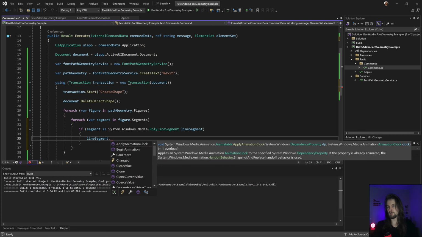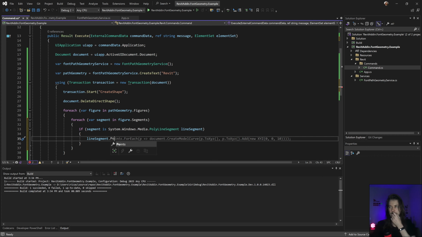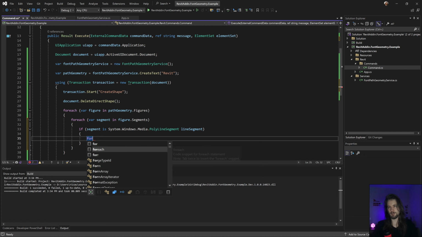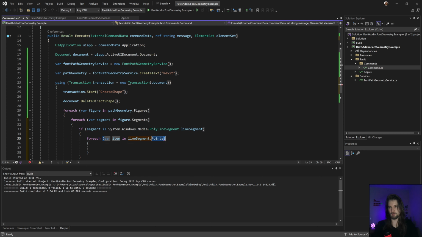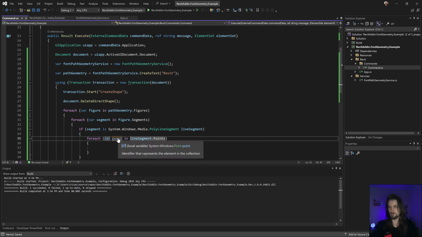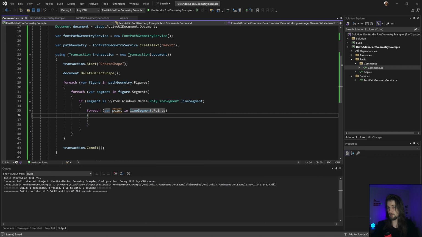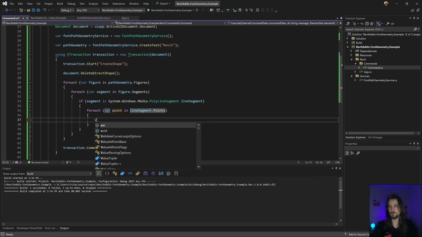And I can get the point in here, yep. Let's do this for each again just to show, and this is a point, this is a 2D point. It's a Windows point that is basically 2D. So we're gonna need to convert to a Revit point.